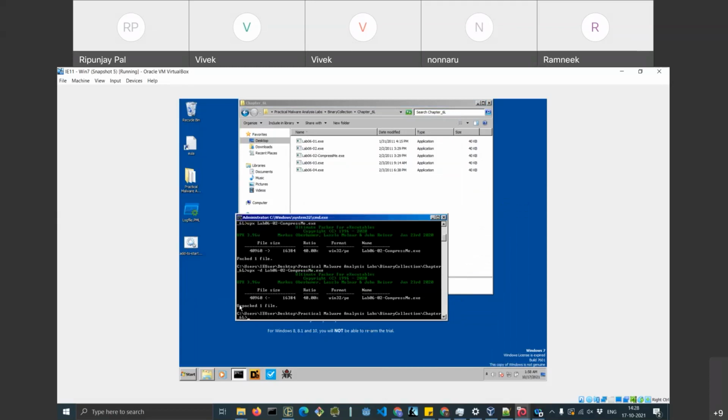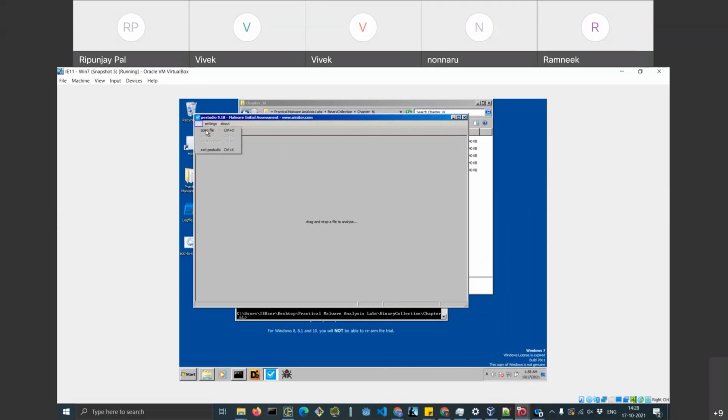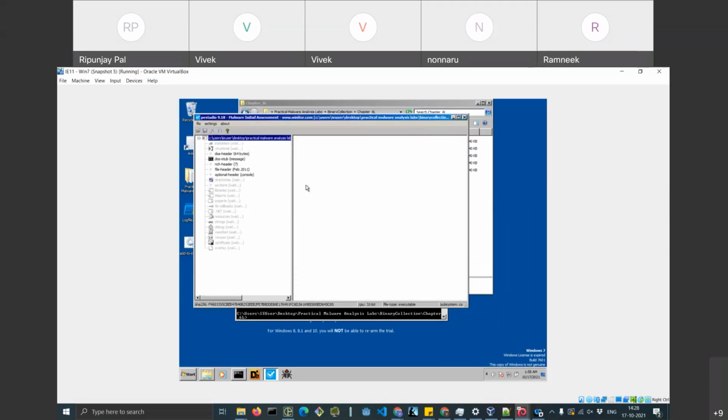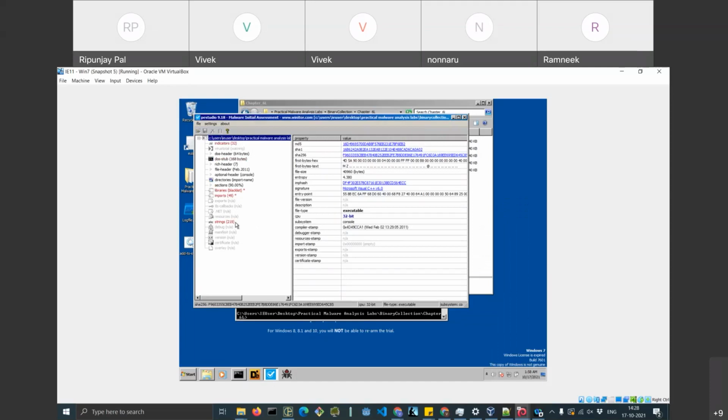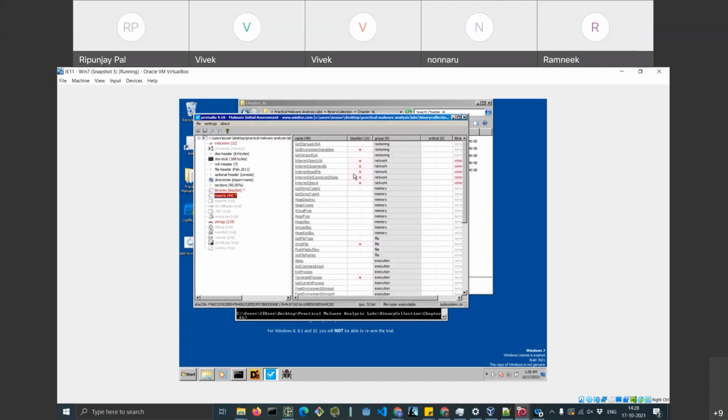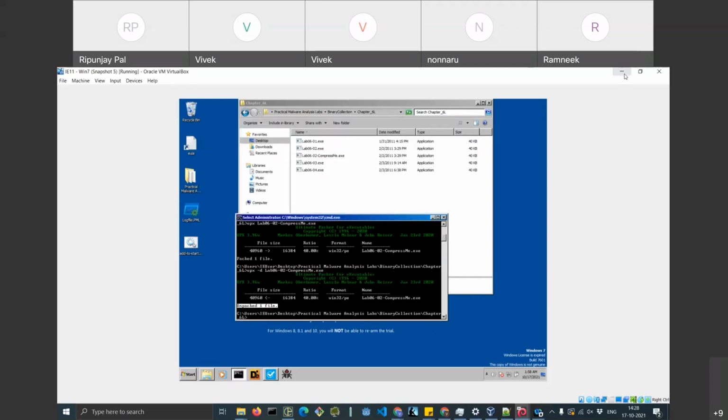It says unpacked one file. You can see the size is restored to 40 KB. Now, when you try to open it in PE Studio again, you'll see that all the imports are visible now. So 49 imports, we can see the 49 imports here. So this is what happens when a binary is packed.